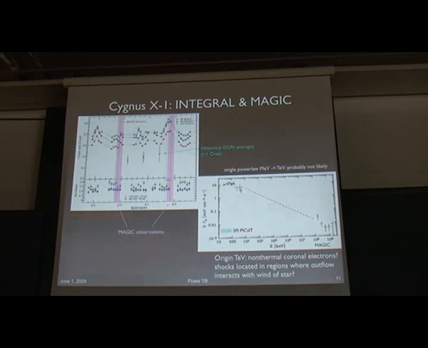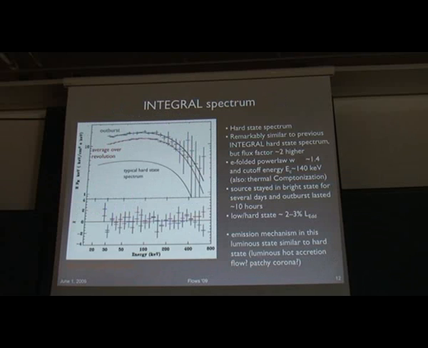And these are again the light curves, and the MAGIC observations happened here. And you might have all seen this this morning. I regret I was not here for Robert Wagner's talk, but the point is not so much to go into this as to show that one can do a very nice spectrum that goes from a couple of keV all the way up to the TeV MAGIC energies. And a single power law from the MeV to the TeV is probably not likely, but I believe this is still being worked on. I'm sure that somebody here knows about more results.